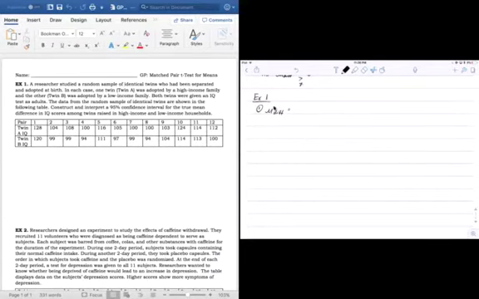You're going to use the same notation all the time for a matched pair t-test. You're going to have mu sub diff, and here it's going to tell you exactly what it is. It's going to be the true mean difference in IQ scores among twins